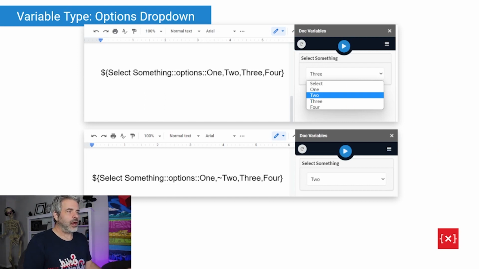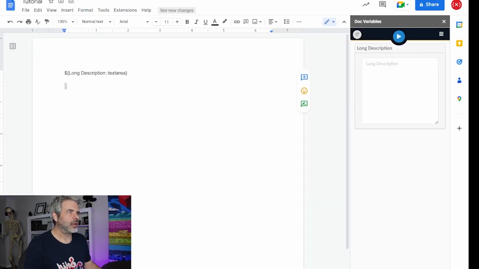And then another popular one here is the options dropdown. So it's pretty straightforward as well. I'll do it here. I'll just do the date just so you guys can see it. All right, what did I say? Contract date. And I'm going to say I want it MMDDYYYY. And then